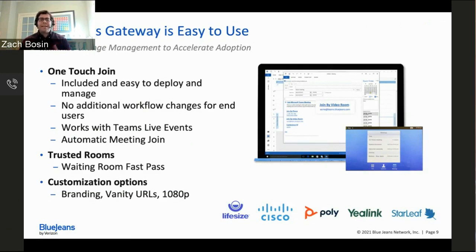Additionally, adding the invitation to your Outlook emails, it's all included in the packaging. So once a Teams user invites a conference room, you'll automatically get the CVI details. The calendar invitation will be forwarded to the endpoint. Very simplistic. Also, the BlueJeans Gateway for Microsoft Teams doesn't only work for Microsoft Teams meetings, it also works for Microsoft Teams live events. So there's no disruption, whether you're having one-on-one collaborative meetings or larger scale departmental all-hands or town hall meetings. The BlueJeans Gateway for Microsoft Teams is the CVI solution that works for all those different forms